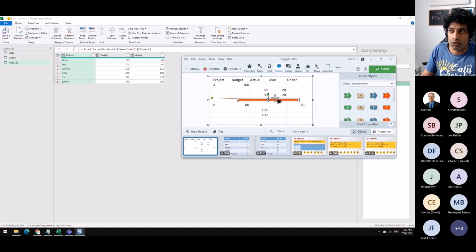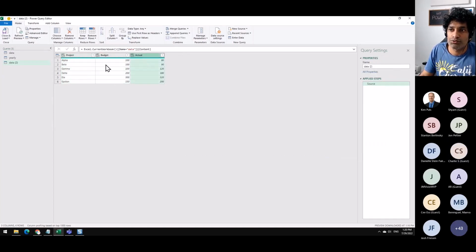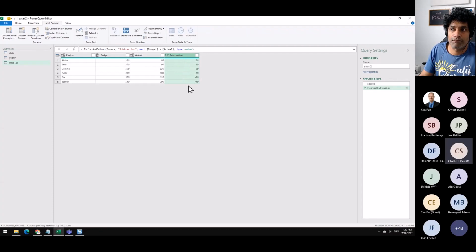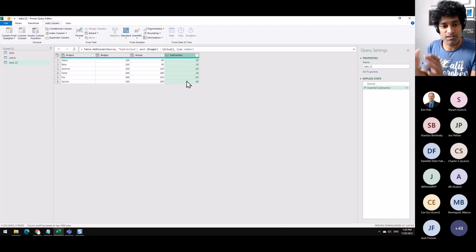So we do need to calculate over or under things first. So we're going to do that. Given these two, I can select these 2 columns using Shift and then go to Add Column, Standard, Arithmetic, and then just do a subtraction. I'll get the answer here. Now, what we want is if it is over, one column, if it is under, another column, but the subtraction will give you both values in one place. We just need to split this up.